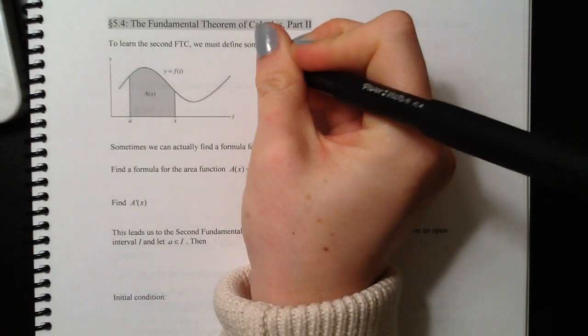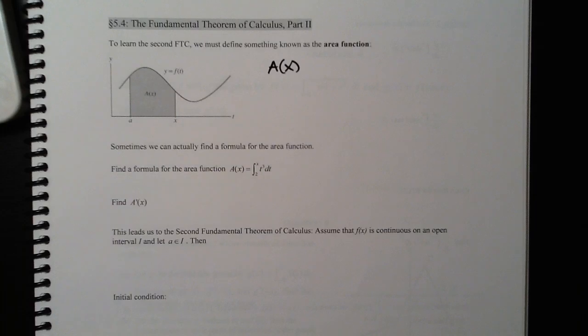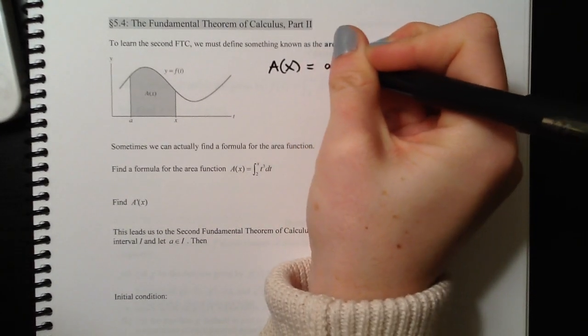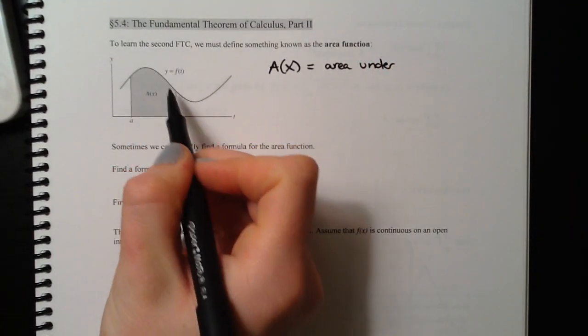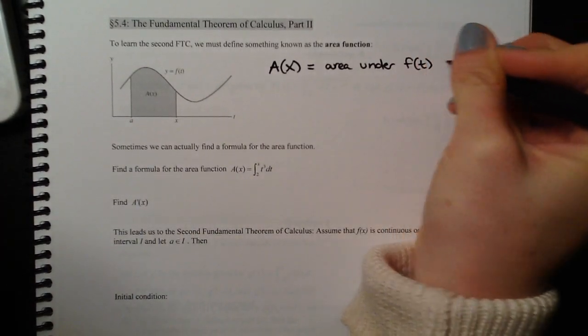All right, so this A of x right here represents the area under the curve, which we've been dealing with for like a week or so now. So A of x is the area under our curve, and that's this specific curve right here, f of t. So the area under f of t